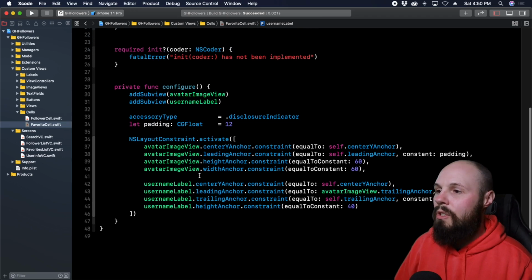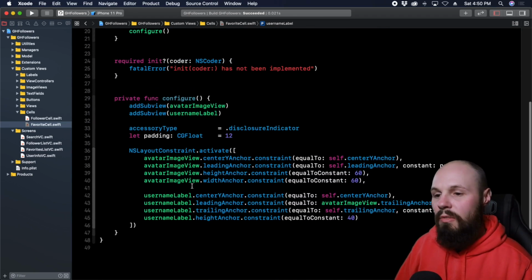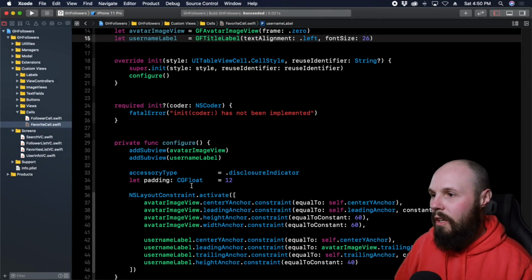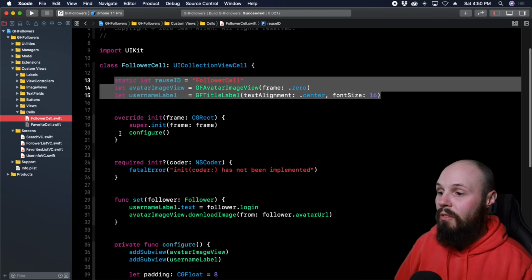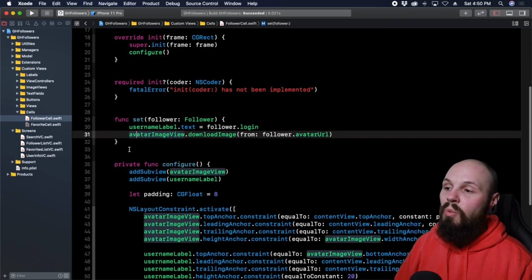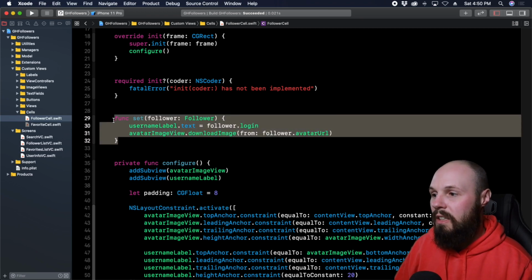So this is our relatively straightforward table view cell. Wanted to do this in a separate video so we can focus on the table view in the next one, but actually forgot one thing. We forgot our set function. Again, very similar to the follower cell. Actually, it's going to be the exact same thing. So we're going to copy and paste it, right? This is what gets called in the table view's cellForRowAt indexPath when we're actually setting each of these cells. So copy that